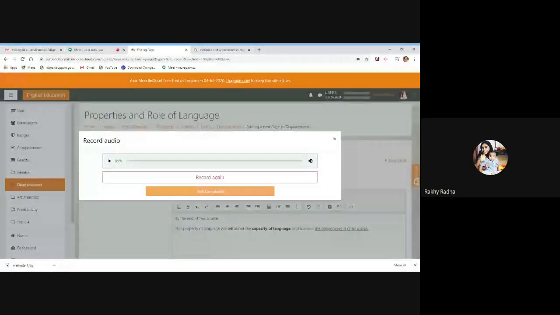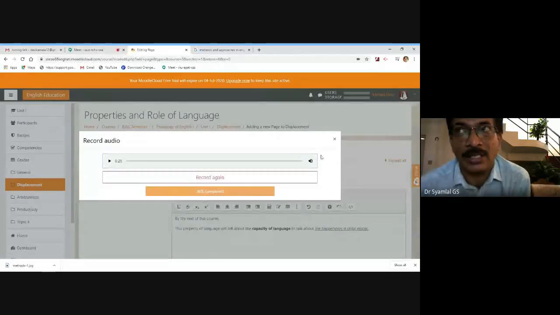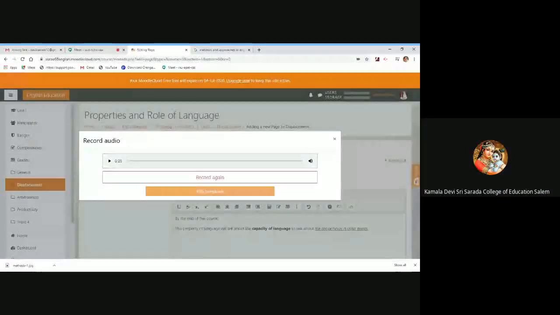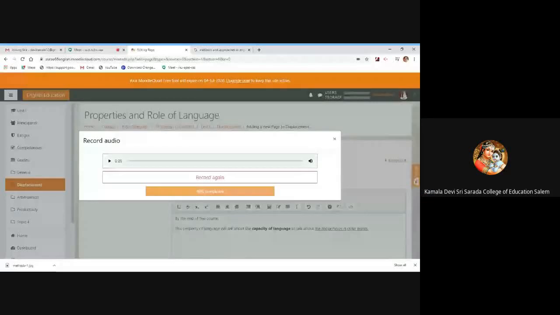Sir, how can we delete it? There is an undo on top. After attaching, click onto that and delete. Press the delete button. The undo mark is just on the right top.